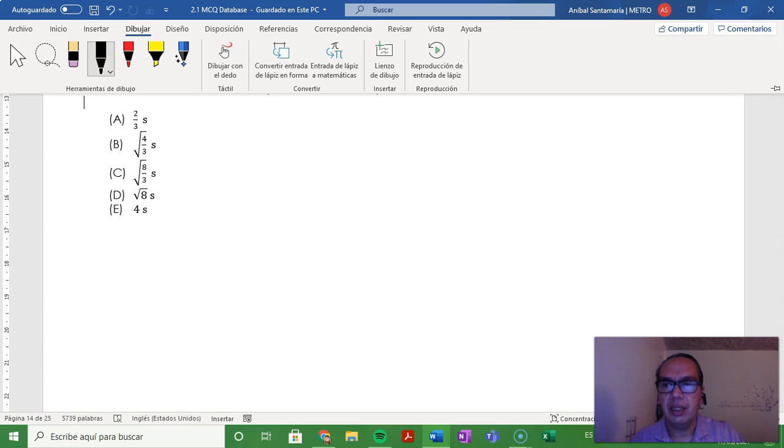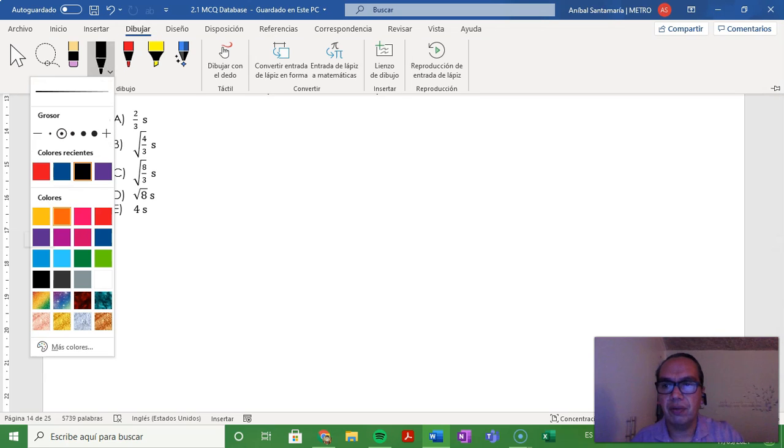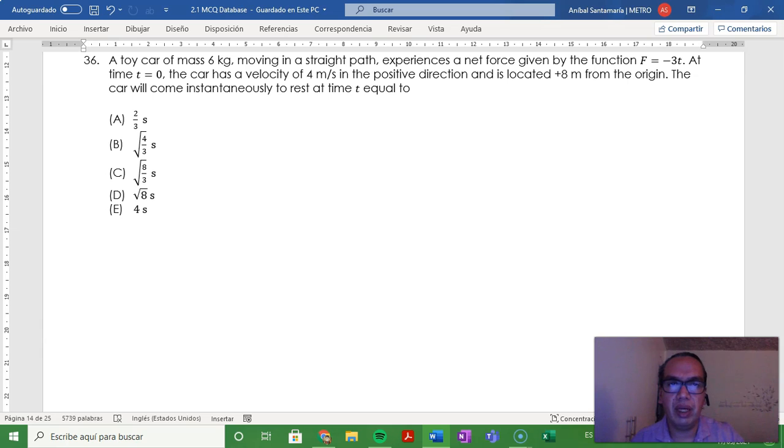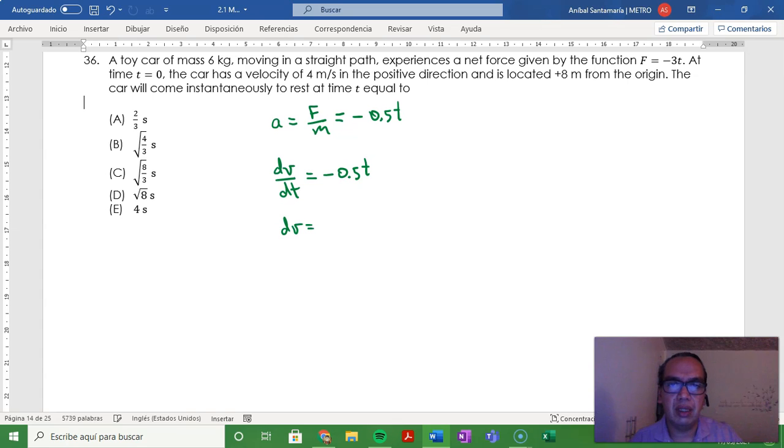Well, in this case, you do need the function for velocity because it is the only way in which you are expected to find when it is coming to rest. So if your acceleration is force divided by mass, which is negative 0.5 t, then dv/dt is equal to minus 0.5 t, dv is equal to minus 0.5 t dt, and you're expected to